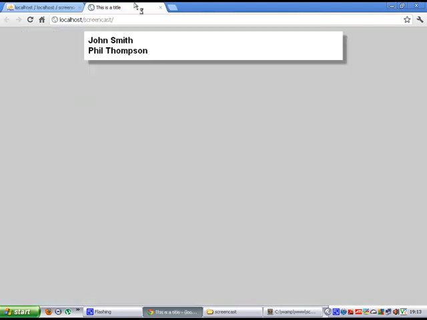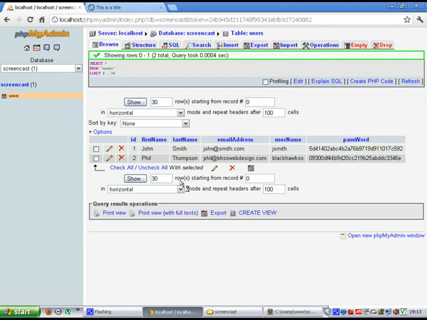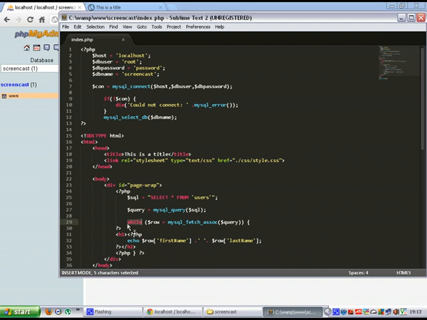So now I've shown you how to pull information out of a database. Right, one other thing you can do,